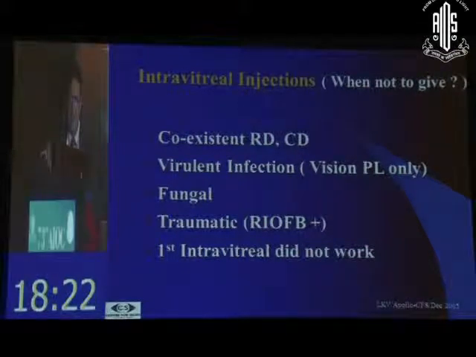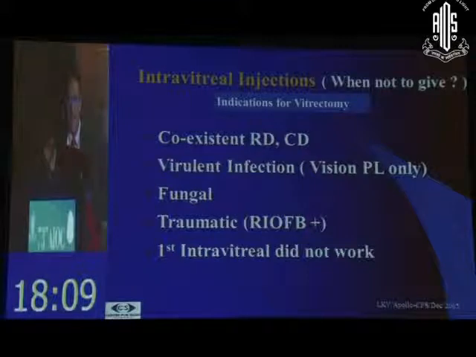with microincision vitreous surgery, 23-25 gauge, is low. You see, we enter the vitreous cavity and debulk the vitreous with infection and then give the antibiotic injection. So these 5-6 indications are primarily where results of surgery are much better compared to depending only on intravitreal injection. These 5 indications are generally for vitreous surgery.